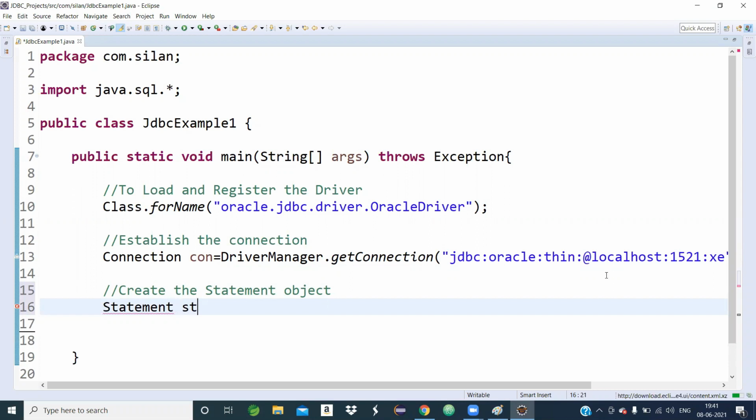Let st equal, st is user defined, the statement object. But how will I get the statement object? Statement is a built-in interface present in the java.sql package. So I will write Statement st equals, to see how I get a statement object.